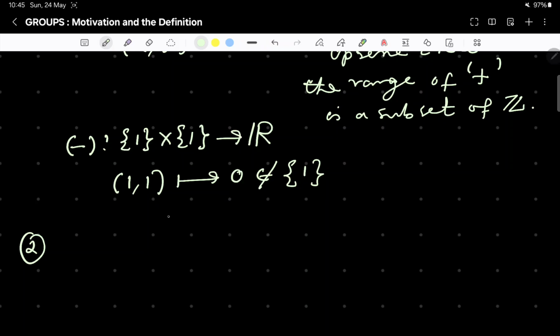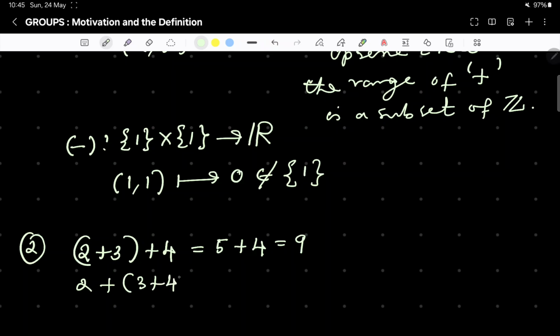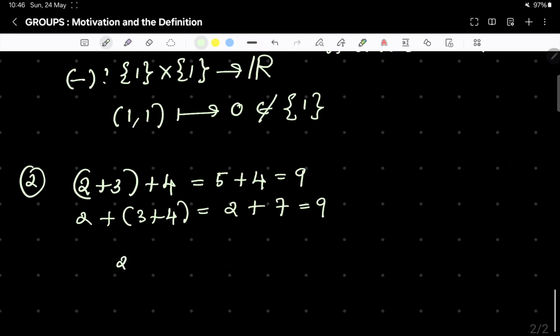Second thing is, if you add 2 plus 3 plus 4, we will get 5 plus 4, which is equal to 9, right? Also if you do 2 plus 3 plus 4, that means you first add 3 plus 4, and do that. So 3 plus 4 is 7, and then this operation gives 9 as well. So what you can observe is that (2 plus 3) plus 4 is equal to 2 plus (3 plus 4). So we call this property